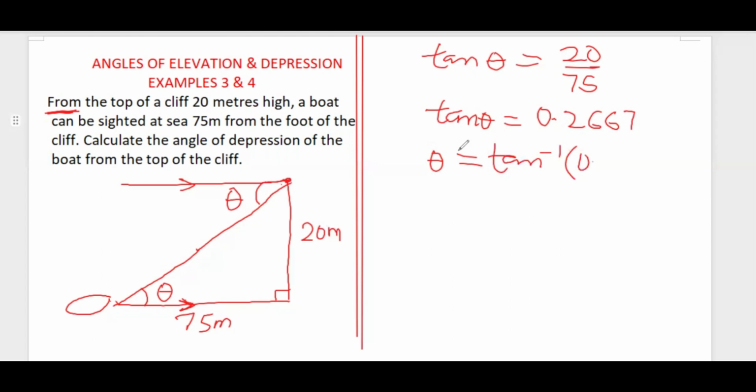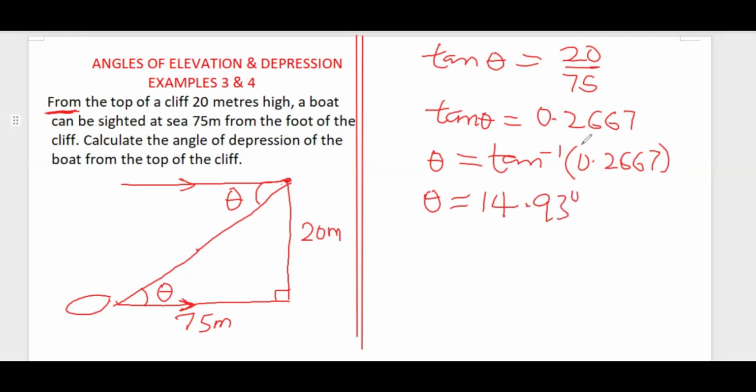So we have 0.2667. From your calculator, press shift and press tan to bring out arctan. Then press the value you want to give and click on the equals button. So arctan 0.2667, and that should give us